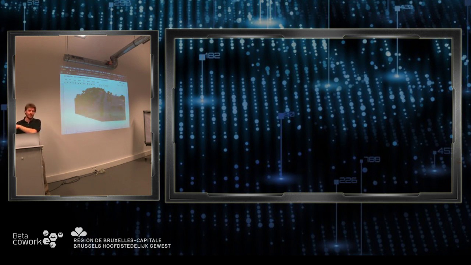I hide all the buildings, and now I start to look at the trees and try to see, okay, can I find the individual trees? Can I separate this data set into various trees? And the way I'm going to do that is to look for treetops. Look for points which are higher than all the other points around them.